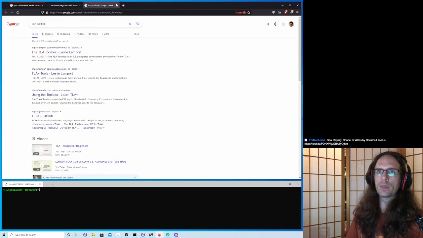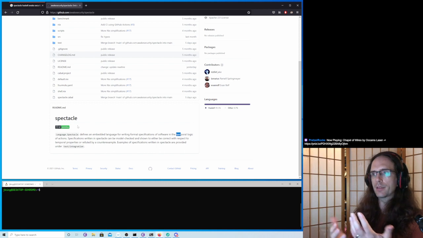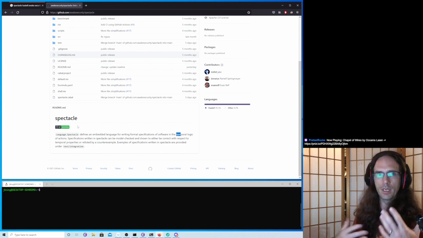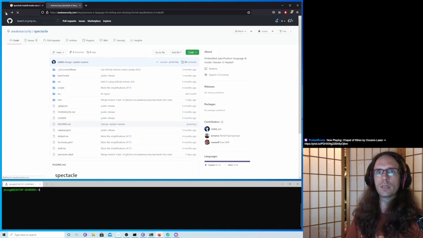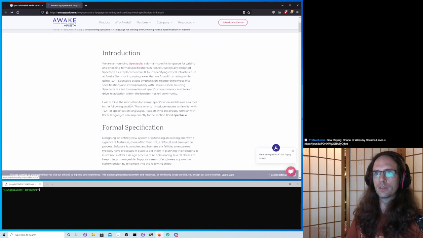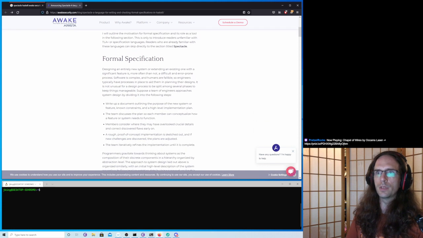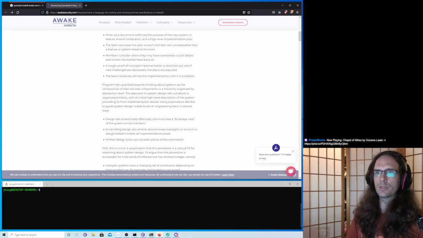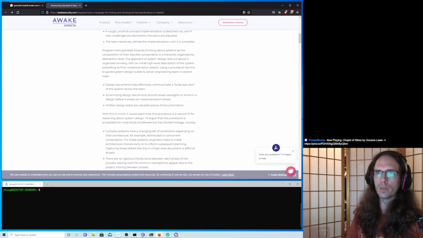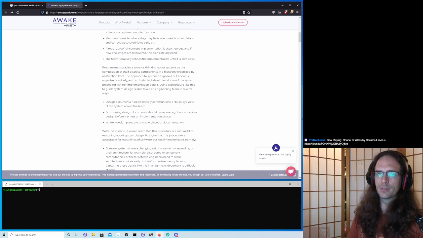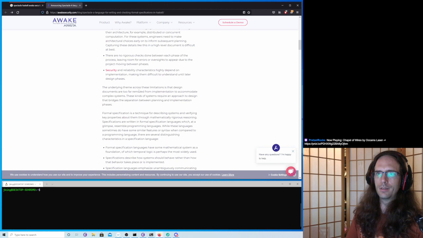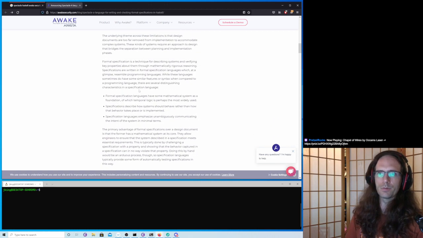So this tool, Spectacle, is a Haskell version of that. Apparently, it's going to have feature parity with that language and then something else. In their blog post about it, Awake Security says that they're frustrated with TLA Plus. They needed something that was not only as good as TLA Plus, feature parity wise, but can do a little bit more. Otherwise, why bother writing something that's just the exact same thing as what you're using, just in a different language? As much as I like Haskell, rewriting stuff in another language just because it's another language seems kind of